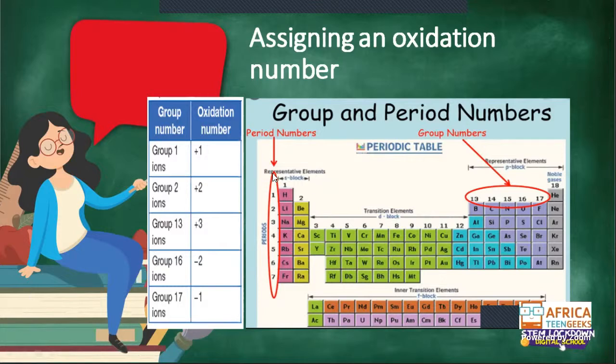Sometimes you can even write on your periodic table once you get it, and say oxidation number: plus 1, plus 2, then this one is plus 3, then minus 2, minus 1. Just write them quickly once you get your paper, to make sure that you remember them, because once they ask you a question like this, you need to know these things. That's why I wanted us to get to this before we can even understand activity 1. So now we go to